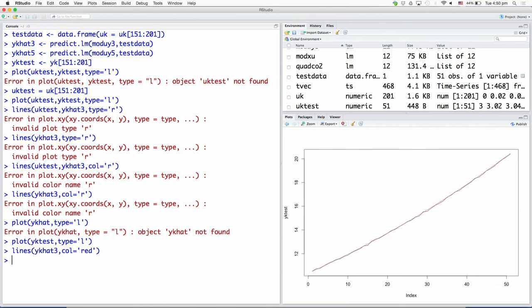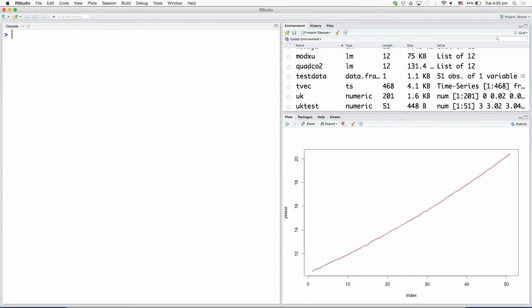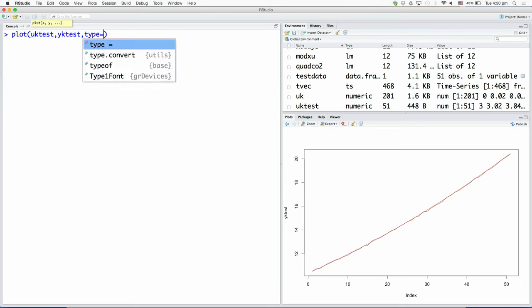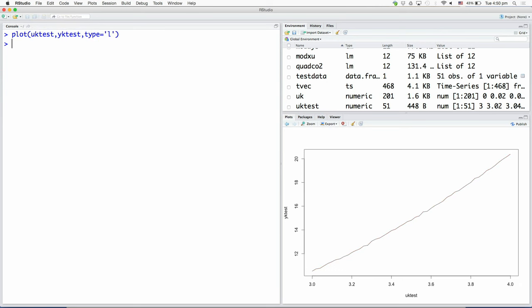I plotted yk as a function of time, but we might as well plot it as we did earlier, as a function of u as well. Okay, and then here lines.